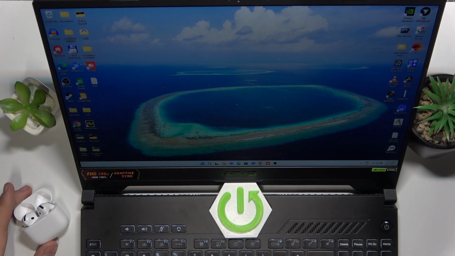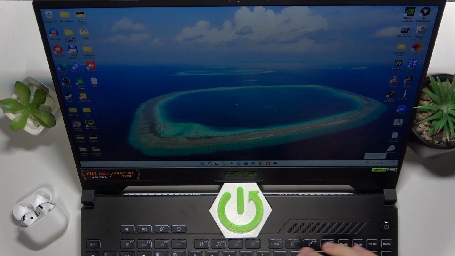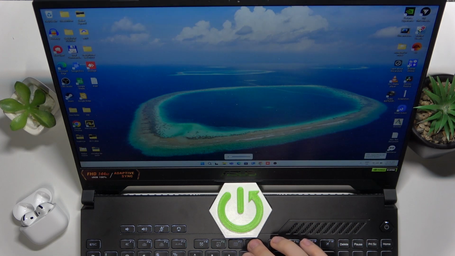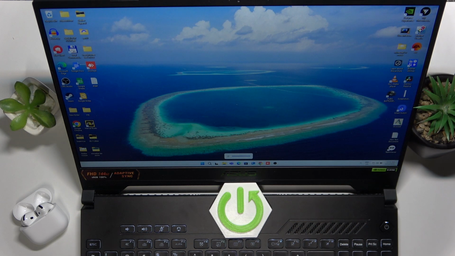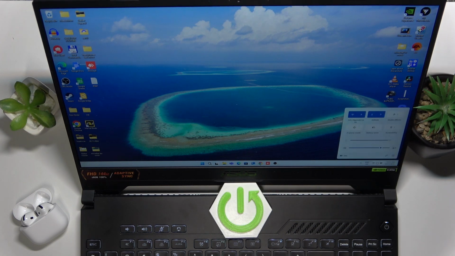So, if we are going to our Windows PC, we have to click on this sound icon over here. Let me just increase the brightness level. Here, as you can see, we have the volume icon, and if we click on it, we have to click on this over here. Here we have to select output to our AirPods, and we have to go into our volume mixer